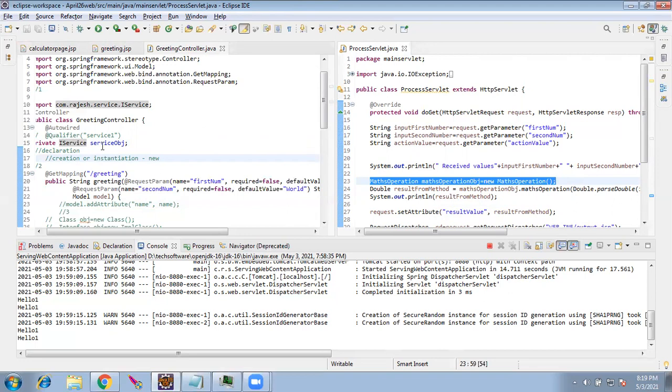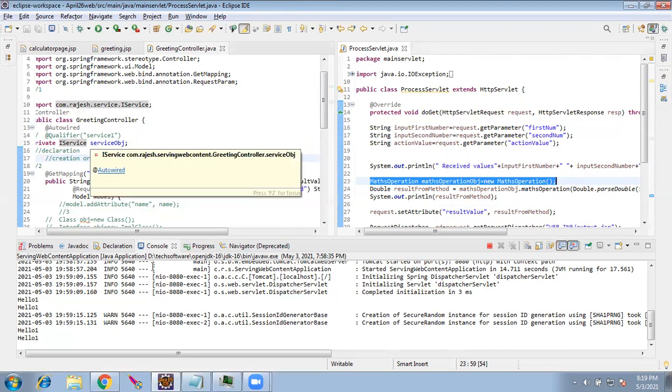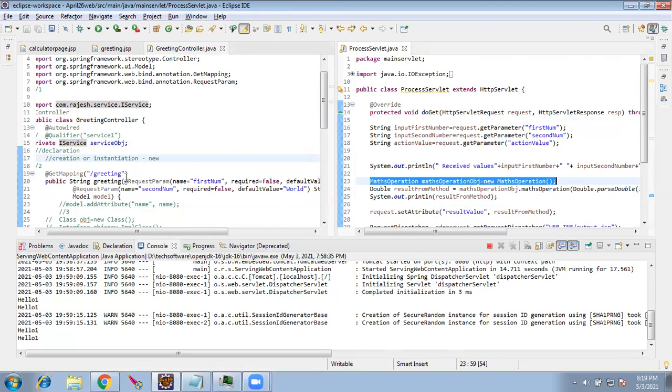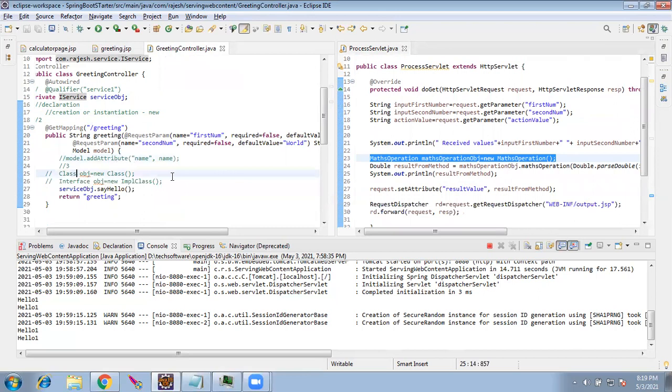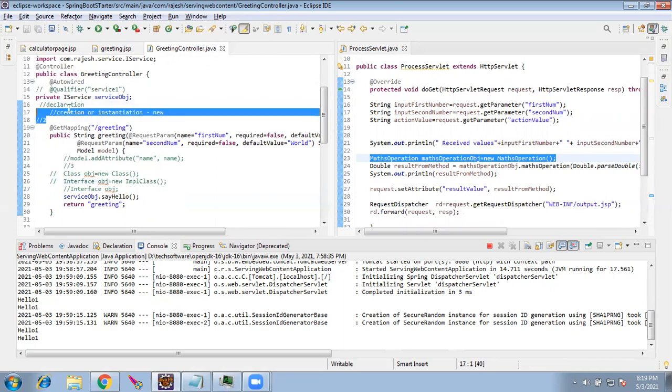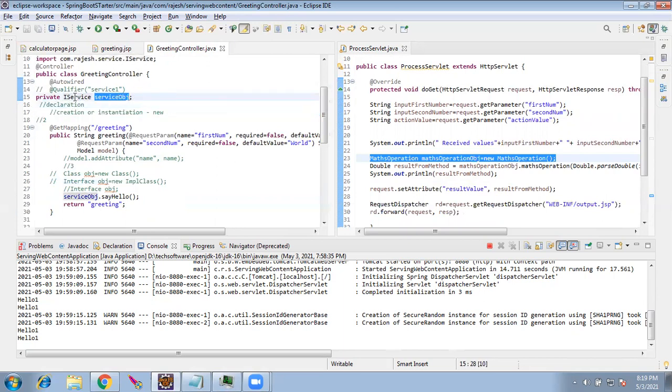So what Spring says, don't speak with the class, speak with the interface. That is what in core Java day one I said. There is a third way. Interface object. That's all. This class will not even know which class is going to be an object of this. So Spring says you just give the interface name and the interface object.